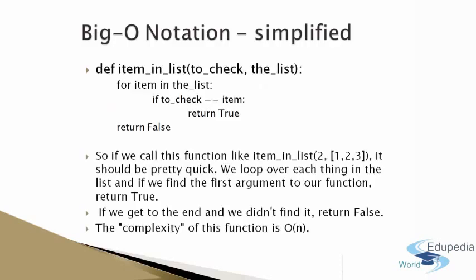Now this is, you can say, a simplified explanation of Big O notation. So let's go through this and see what it says. There's a sample code written which is not particular to Java or any other language. So just consider it as pseudocode. Pseudocode means not real code but code that can explain its own logic. So now see, there is def item in list. Just consider it as a method for now, and it is taking two parameters. One is toCheck and the other is the list.